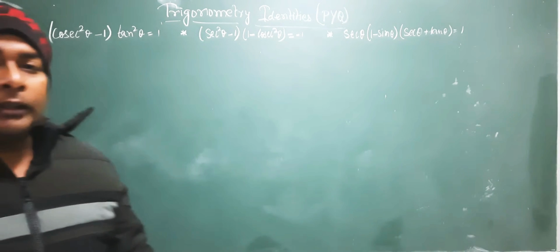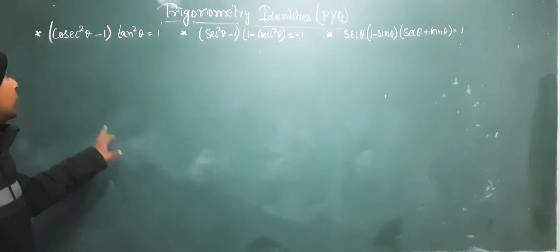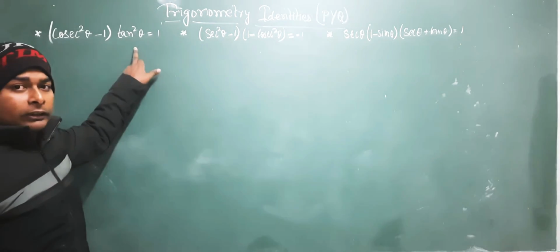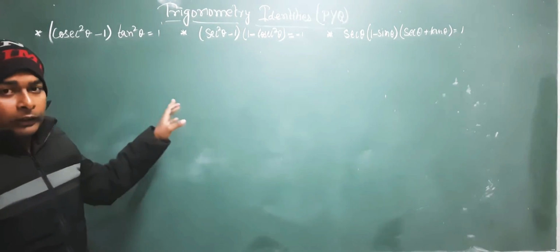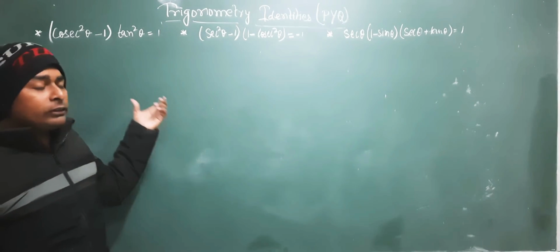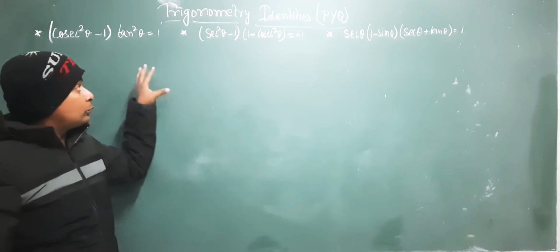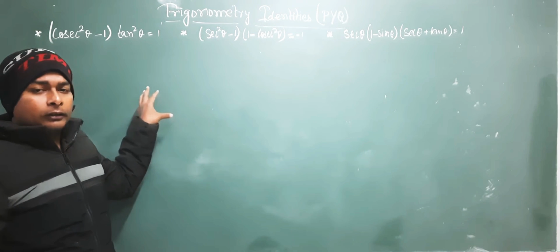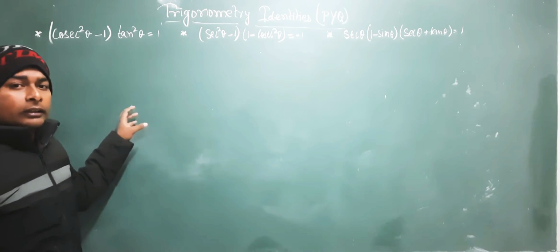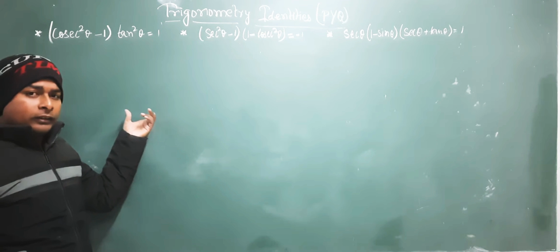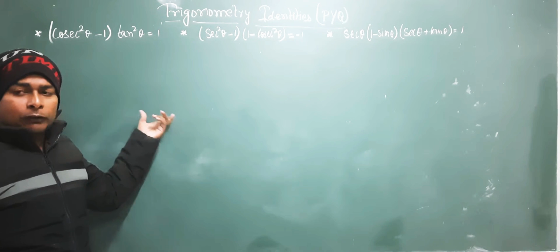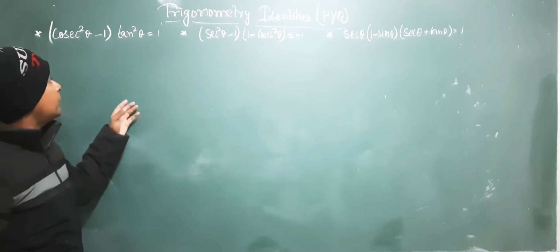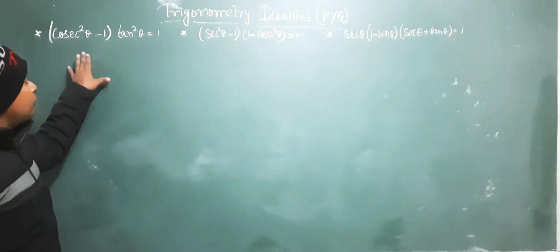So in the same segment, today the first question is (cosec square theta minus 1) into tan square theta is equal to 1. My dear, as I said, to solve the trigonometric identity we can use the functions like CC, SC and ST. We have the shortcut formulas I have already given to you, sin square theta plus cos square theta is equal to 1, and like that we can use those functions here.